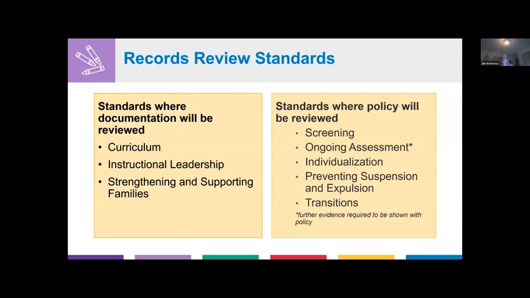At this point, they are stating and attesting, when they are signing and completing their records review, that those policies are what they're doing. These are the policies that they're presenting to licensing, and they're saying that these are their policies that are in place. And those are the policies that we're looking at.